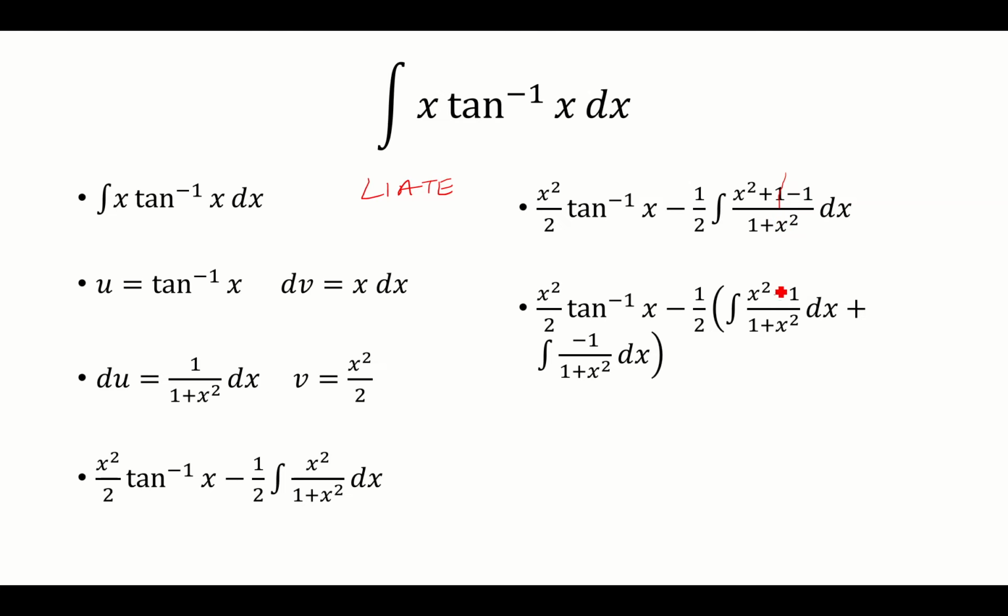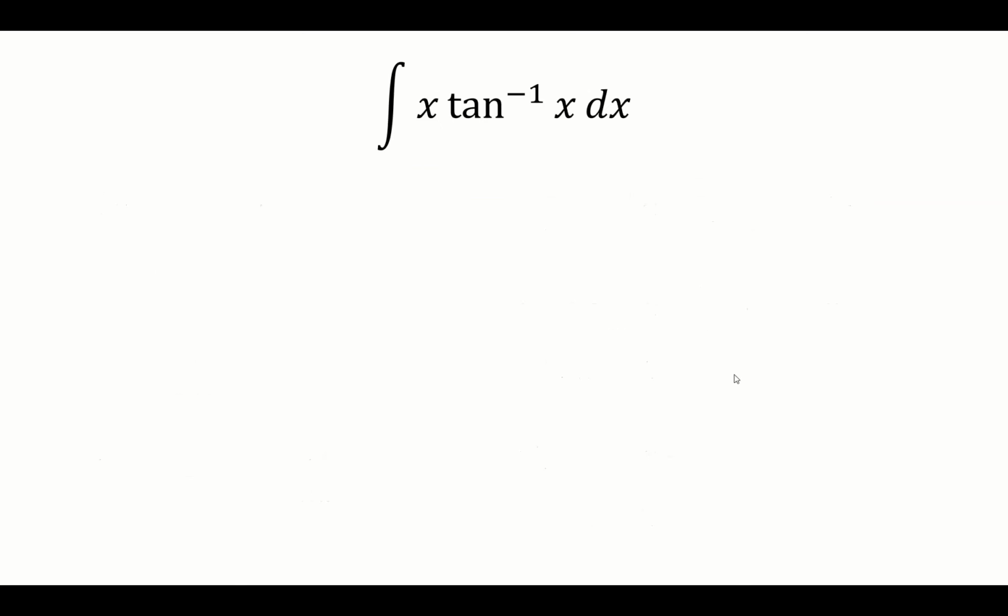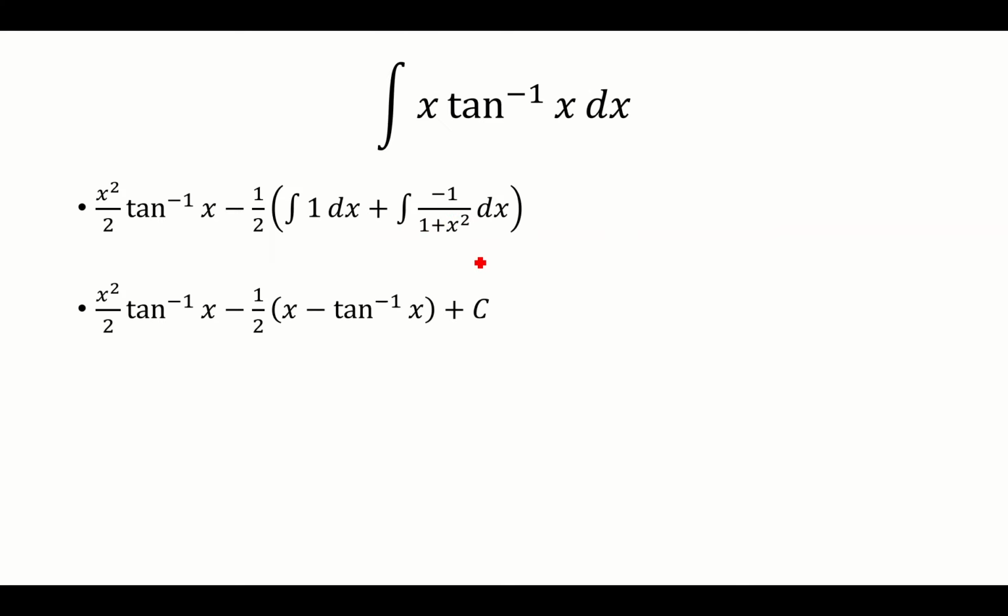The first one being x squared plus 1 over 1 plus x squared, and the second one being the negative 1 over 1 plus x squared. Now, these are identical, so they're going to cancel and become 1. Now we integrate 1 dx, that's just x, and the antiderivative of negative 1 over 1 plus x squared is